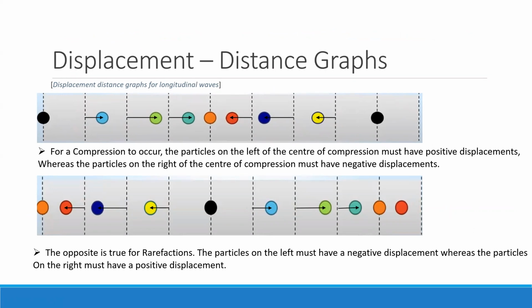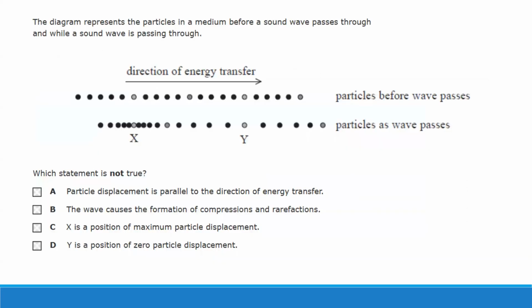Okay. As we could see, look at the black and orange particles. They don't really have any displacement, do they? So they're at minimum displacement. That's why I said when we see the word minimum, it's easier to just start thinking about it as zero. But your syllabus uses the word minimum for reasons I'll explain later. Okay, so Asa, read this question for us and then have a go.